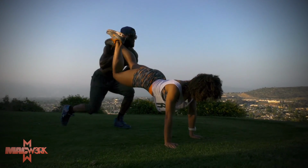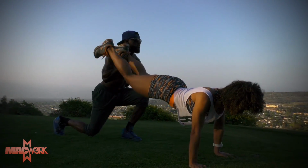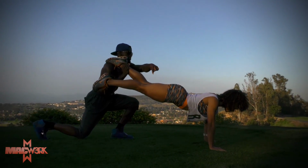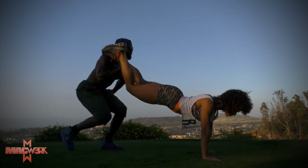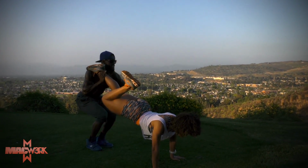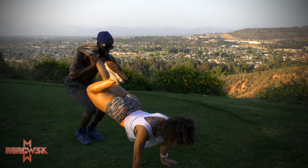So this movement here, this is a really, really advanced partnered workout. If you notice, she's working her hamstring, single leg hamstring, working her total body core strength. Her triceps are engaged, her chest and upper body strength is being put to the test. And me, I am doing a reverse lunge in, as you notice, I'm